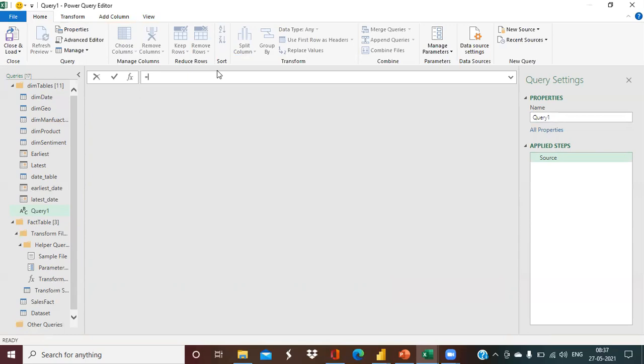So we'll put the equal to symbol, then an opening and closing parenthesis, and put the expression as Number.From, open the bracket, put your variable name, which is earliest_date, close the bracket, put two dot symbols, once again Number.From, and put the value as latest_date.